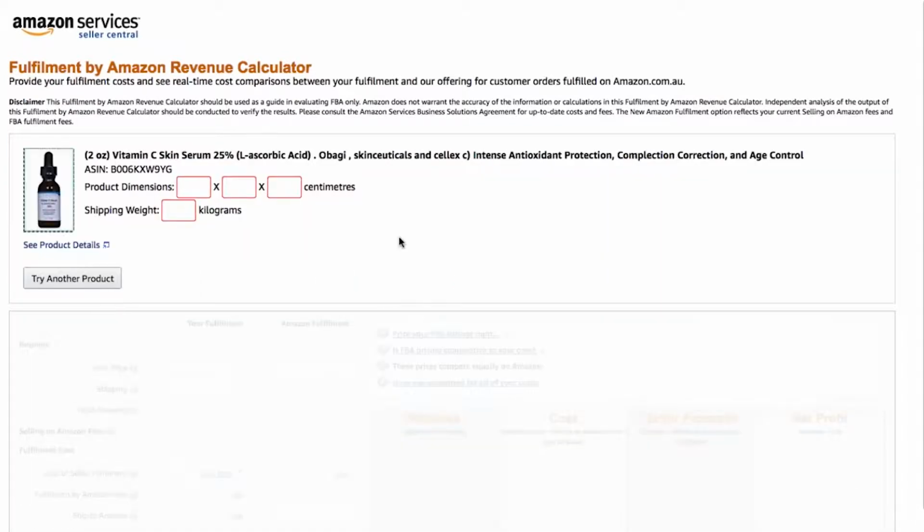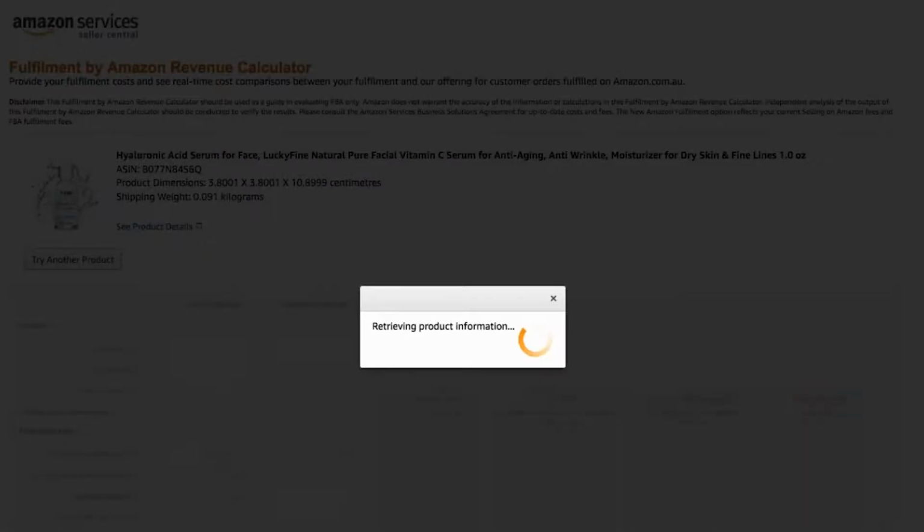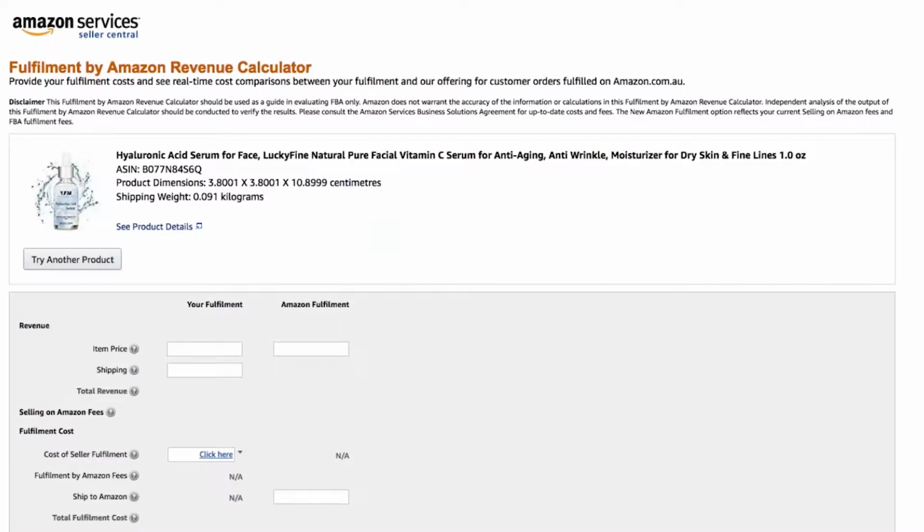So if I hit select, you'll notice that because of the limited number of people currently using FBA, the default on Amazon Australia is to enter your product dimensions and shipping weight so they can give you the information about what FBA will cost as well. So that is the default. That's an interesting thing that Amazon has put together, and it's much different to the other platforms, where it doesn't have that. But let's just assume instead we don't need that information, and instead we're just going to go after